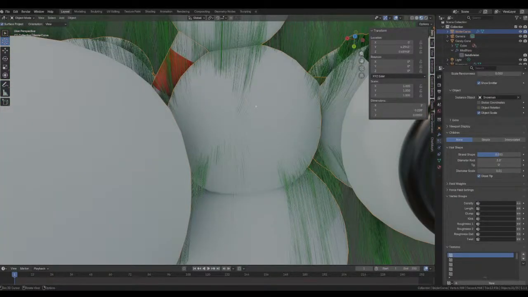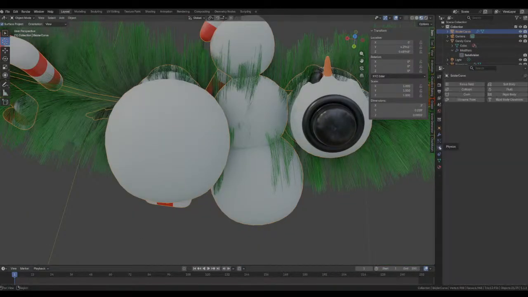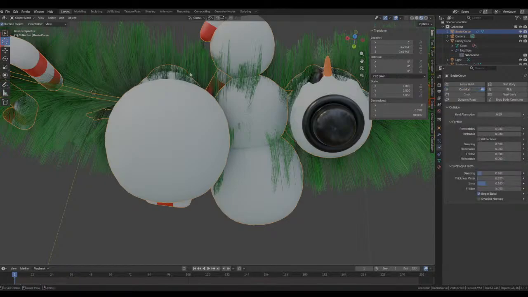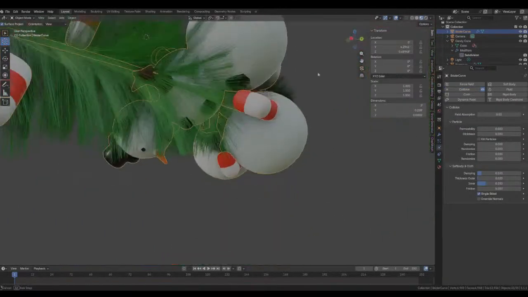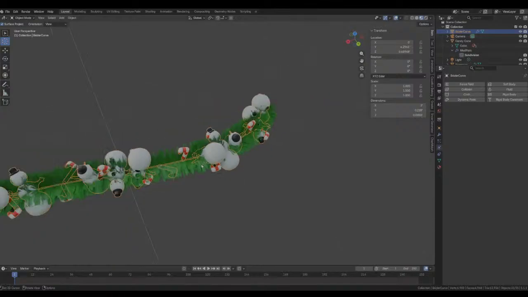Also, it's phasing through. I don't like that it phases through. Is there any way that I can add a collision? I don't want it to phase through the items. That's the thing. I have to figure that out.